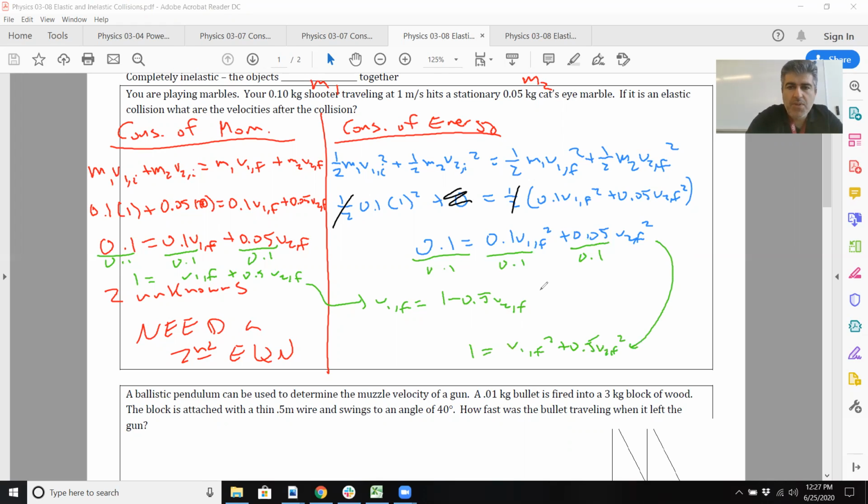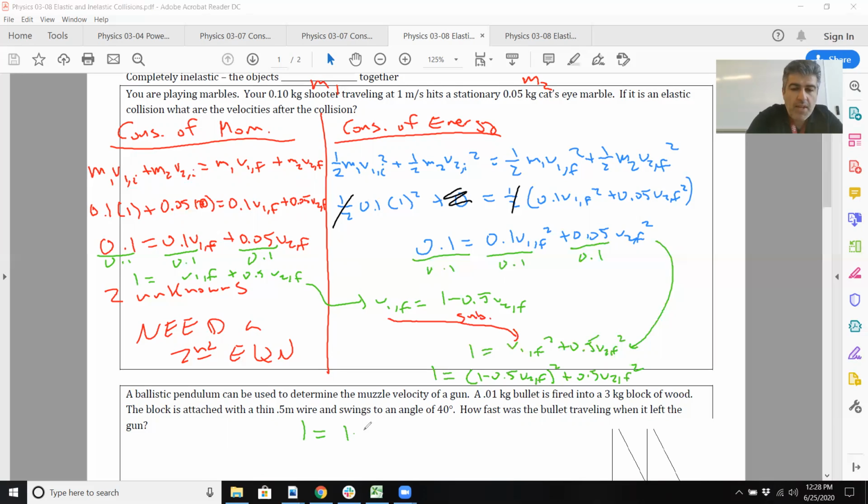Then you got to do your substitution, which will look just like this. 1 equals 1 minus 0.5 v2f squared plus 0.5 v2f squared. You're going to have to FOIL that and have fun, right? So 1 equals 1